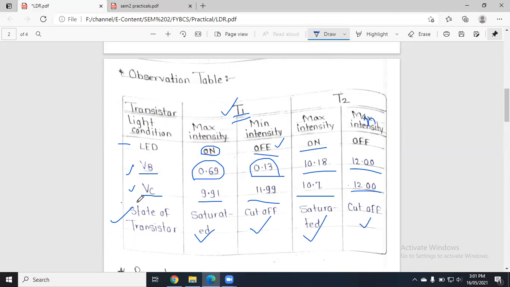You don't need to worry about this last part. You should just know what the base voltage and collector voltage are, and when we use these voltages. So this is all about your observation table. When you perform this practically, you will get readings close to these. This is the journal written by a student, so you can also perform this practical and get these readings.